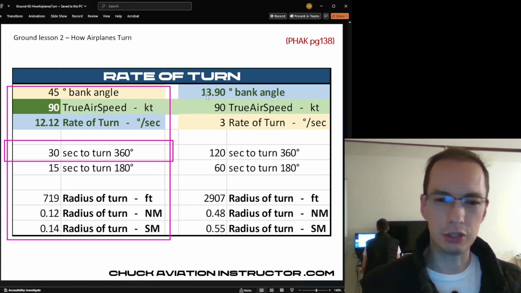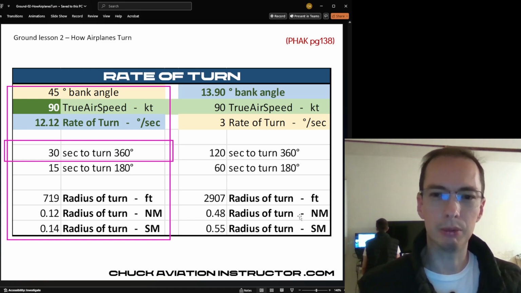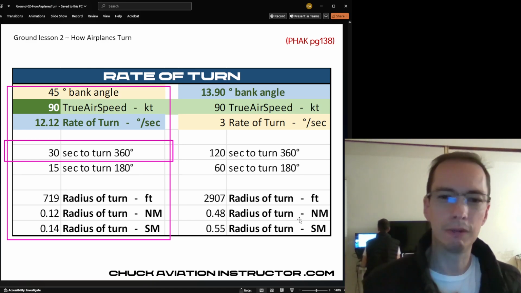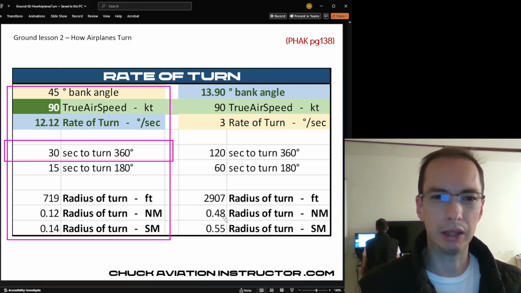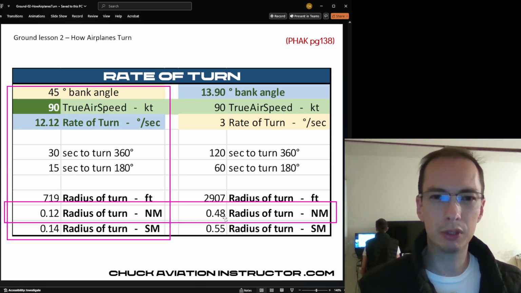But at a shallow turn, it will take you an entire mile, because only half a mile will take you to turn 90 degrees. That would be the radius. And then the whole diameter for the 180-degree turn, or the 360, that would be the entire nautical mile. So this is why you don't want to use